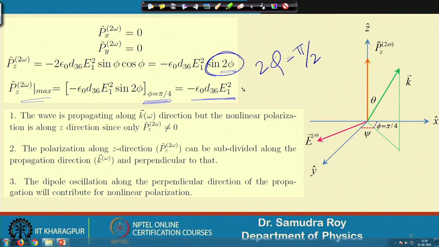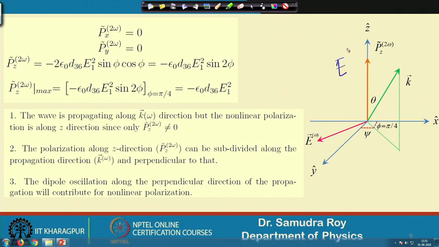So, we figure out that my P z can be maximized by launching the k suitably, and we need to find out what should be this azimuthal angle for which we maximize the quantity, and once we do that we figure out what is my P z. So, now after maximizing the P z there are a few things. P z means it will be in this direction. So, the electric field that is going to be generated is along this direction. So, E of 2 omega will be along this direction.